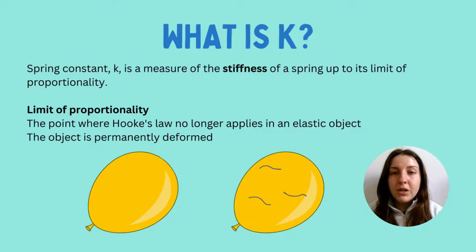So if you had, for example, a balloon, if we blow up a balloon, it's very elastic, it can stretch and extend in its size. But there comes a point, if you extend the size of the balloon far too much and you apply more force, that once you let go and release the force, you will notice that the balloon is permanently deformed. It no longer looks like it originally did, it's much more wrinkly and saggy, which is essentially what happens in other objects as well. So this is what we mean by the limit of proportionality, and let me show you what that looks like